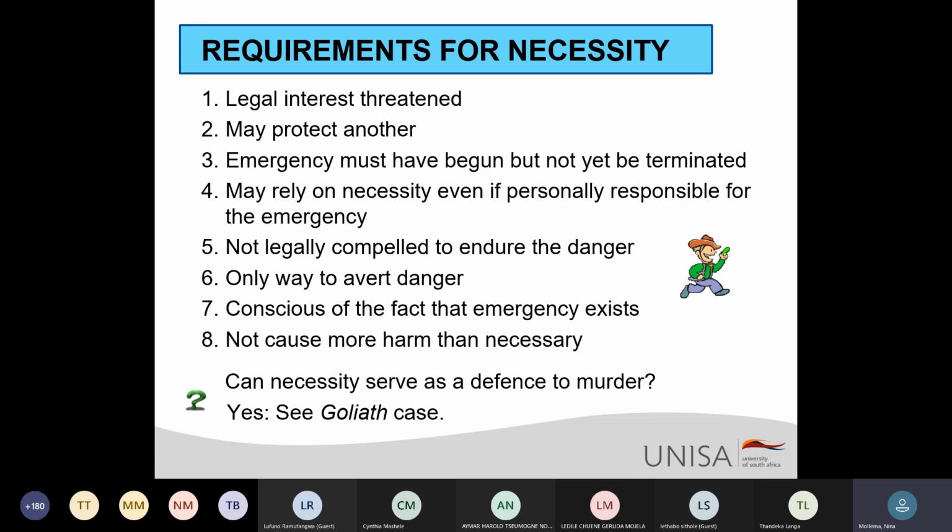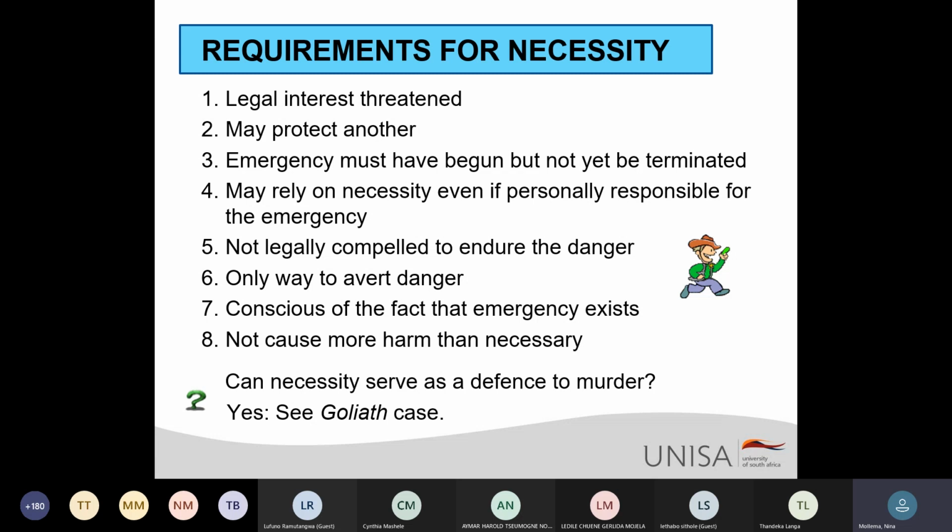But you may not rely on necessity if you are legally compelled to endure the danger. This refers to, for example, police persons. I mean, they cannot rely on necessity in a situation because they are legally compelled to endure the danger in their type of work. But it must be the only way in which to avert danger. If there was another way in which you could avert the danger, then unfortunately you cannot rely on the ground of justification called